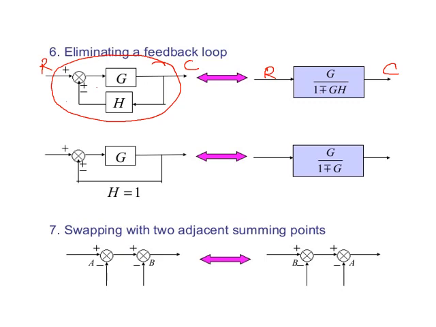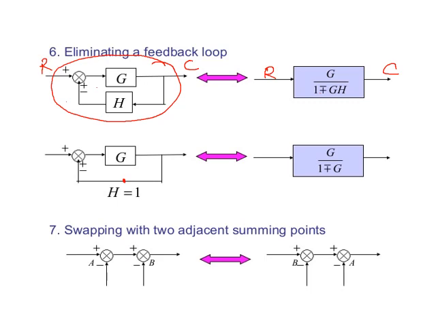Here H is the feedback gain. If the gain is not given, in that case what will we assume? We will assume that gain as a unity gain. So the path gain is unity here. Again it will depend on whether the signal is positive or negative.